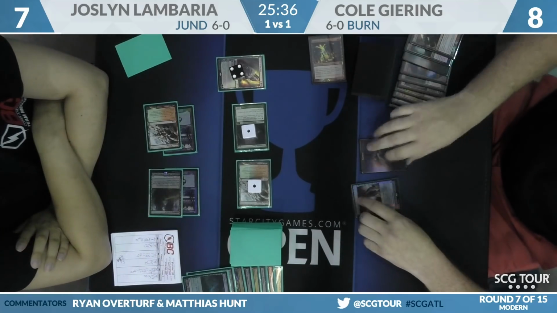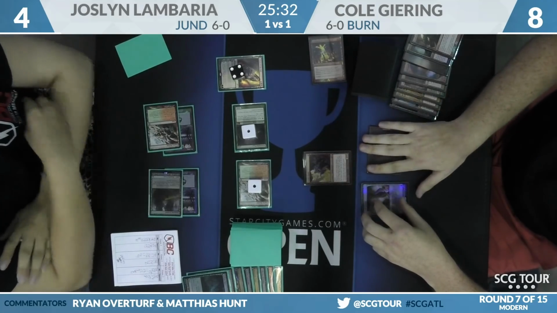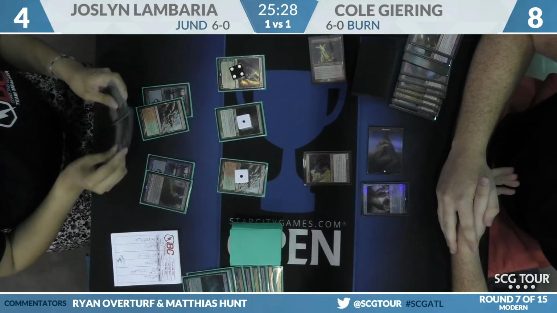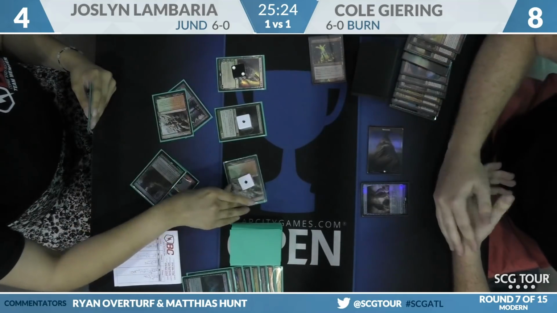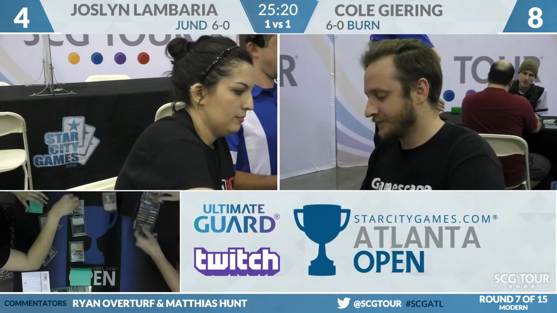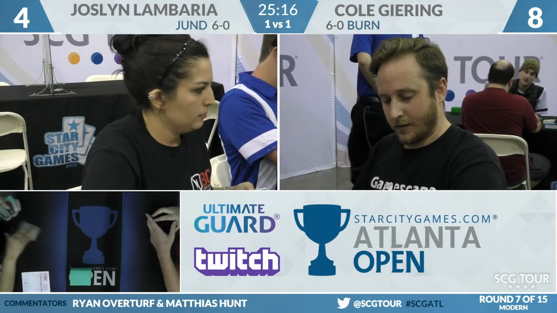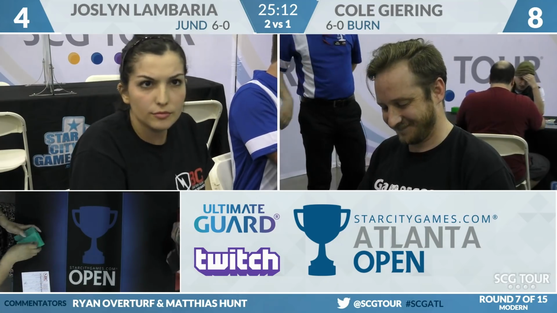2 lands in play. One of them makes white mana. Do we get a Boros Charm? Goblin Guide. But he has to leave it back as a blocker. It doesn't matter. Yeah, Liliana's got it. And she sees it. -2. Takes care of Goblin Guide. Activate. Here's a swing for 8. Joslyn Lambaria. 7-0. Takes both sideboarded games against Burn. And she is on to day 2. Yeah, good navigation there. I don't know what was in Cole's sideboard, but you did see there some disappointing sideboard cards, and